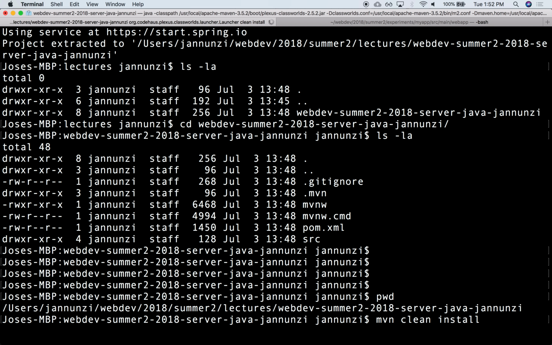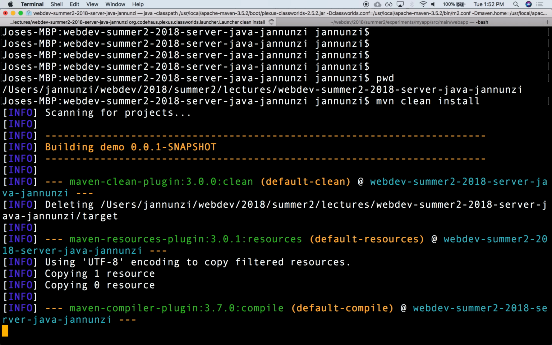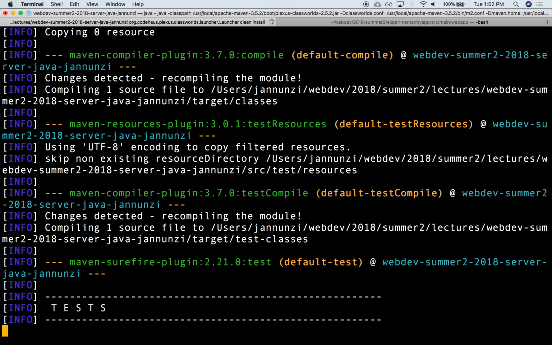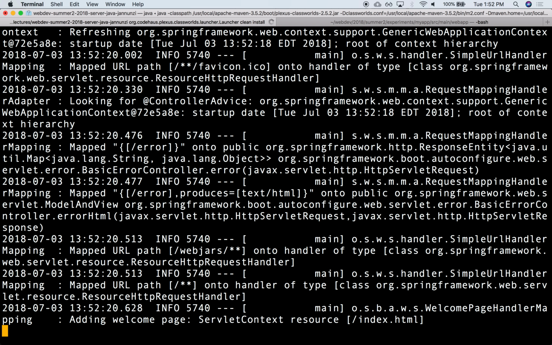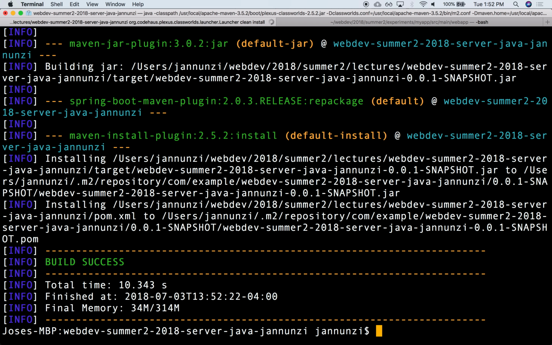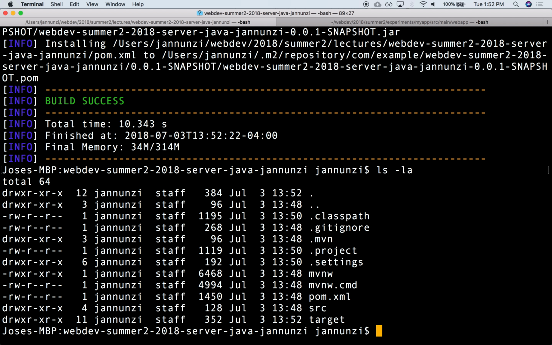So this will parse the POM file, and we'll see all the dependencies. We'll check to see that you are a web project, that you're inheriting from a Spring Boot application. If you have any Java files, we'll compile them. If you have any tests, we'll run the tests, and we'll compile this into a new directory that wasn't there before, the target directory, right there. Okay. Under the target directory,